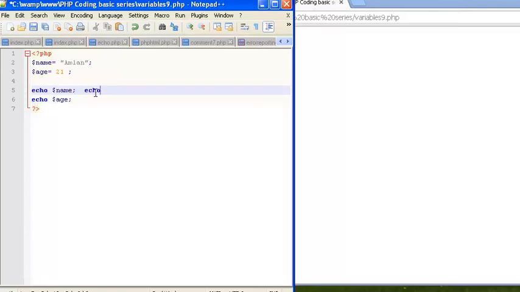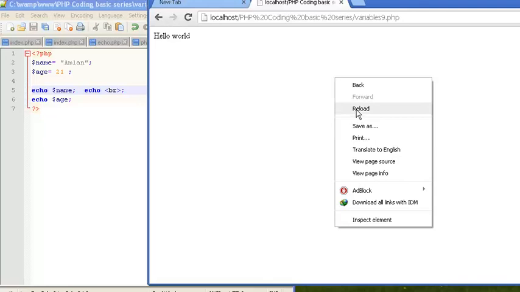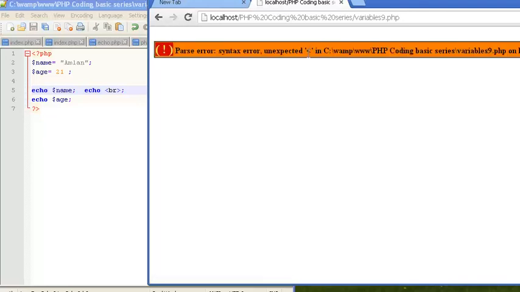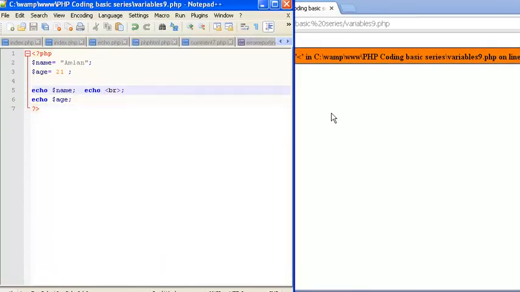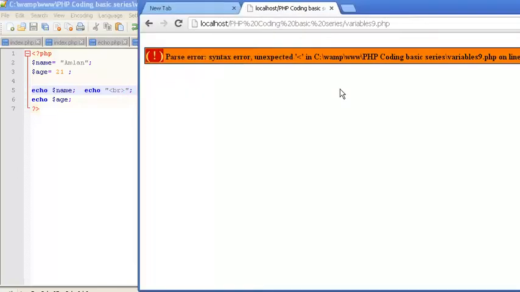And we can do one thing. We can embed some HTML, so we need to have the break tag. I will save this, and it should print out Amlan and 21 on separate lines. Okay, it's expecting something on line 5. Actually, my mistake. It's not a variable br, it's a tag. It was unexpected because this is an HTML thing, so the less than sign doesn't work, so we have to enclose it inside quotes.